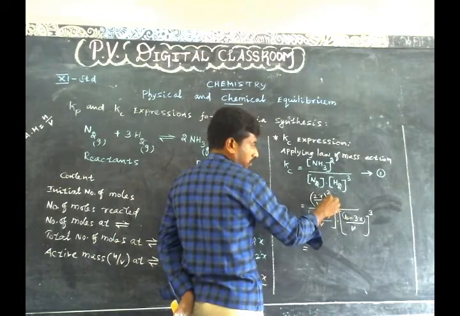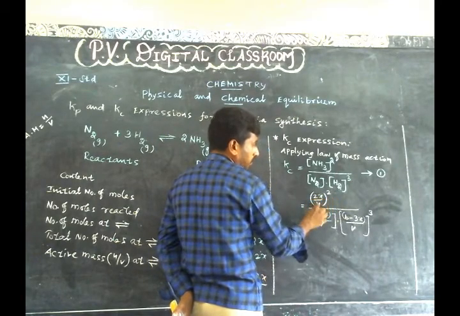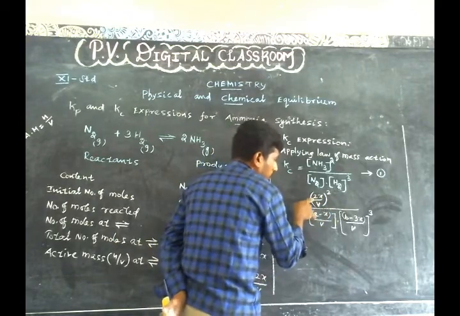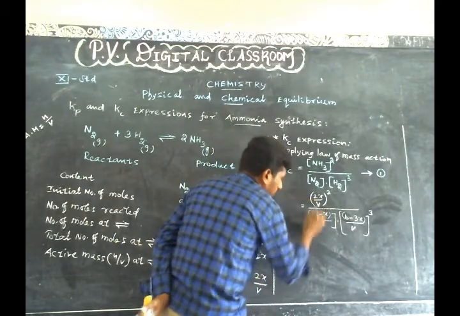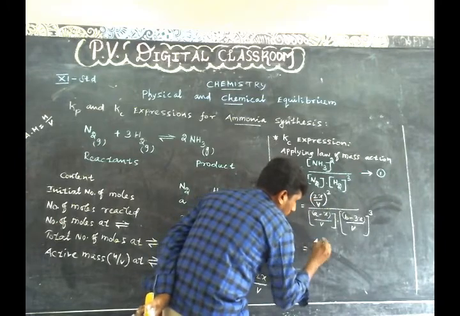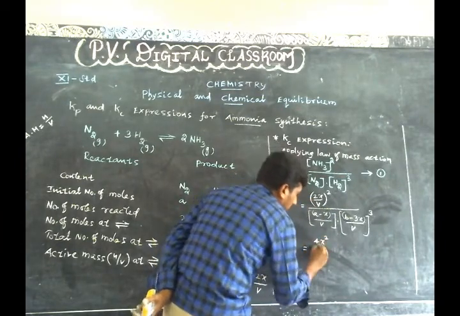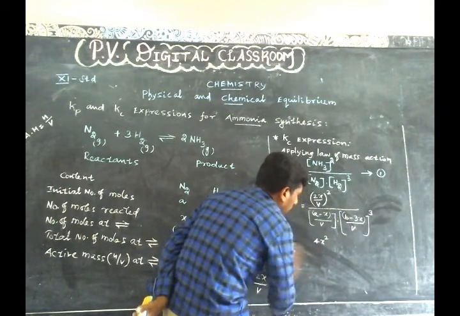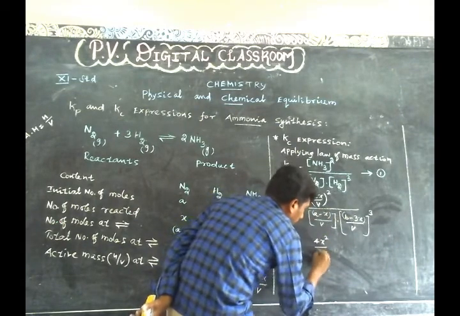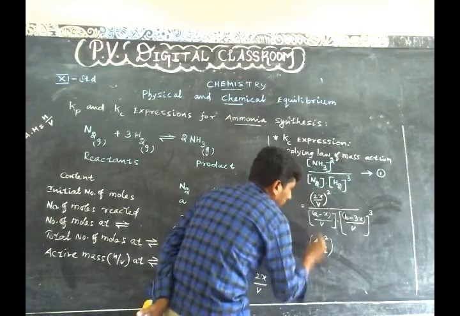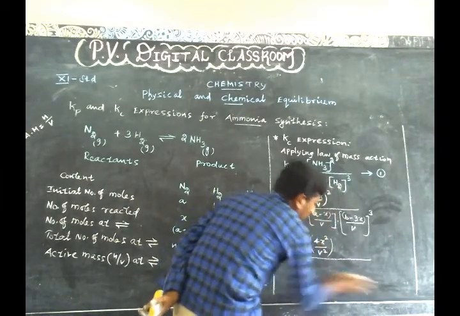Introducing square to 2x and V, this term becomes 4x square divided by V square, divided by